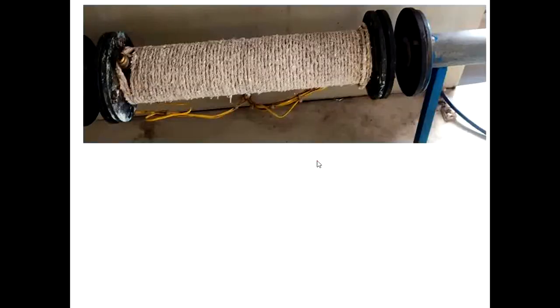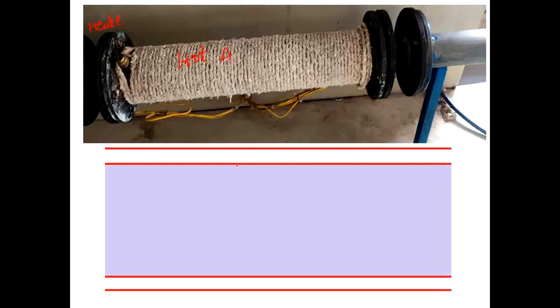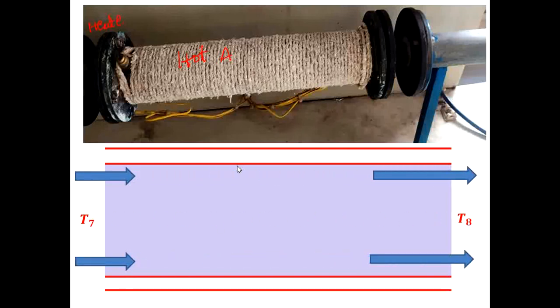This is the specimen having some length, and some amount of heat energy is given to this specimen. From the heater you will get hot air. Hot air will flow across the cylinder. How will it be? Let us see. This is the cylinder. Air comes in at the hot inlet temperature Ti, and goes out with the outlet temperature T0. It heats the specimen.